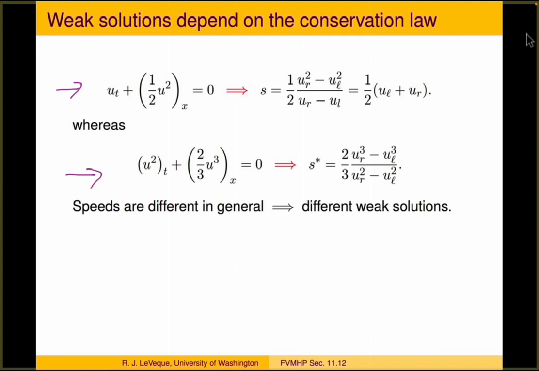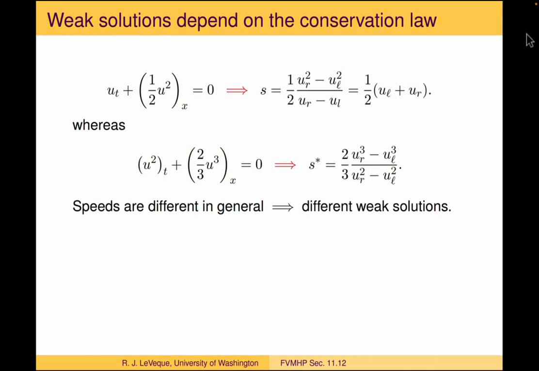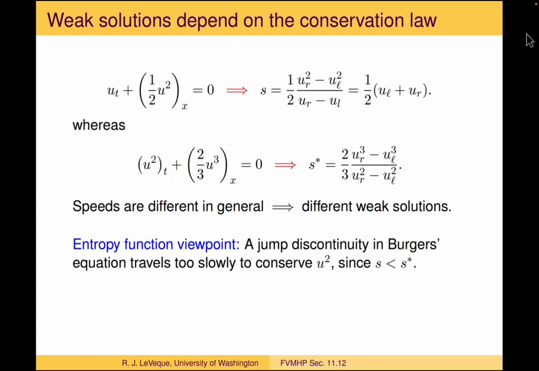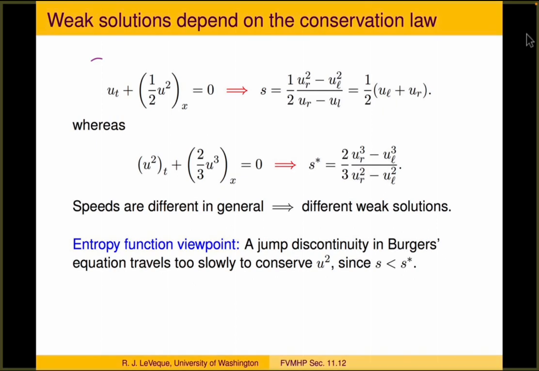So we use that as an example of why the quasi-linear form wasn't dependable if we're trying to compute shock waves. But now we can take a different viewpoint. We can look at it from the standpoint of entropy functions. We can say that what we're really solving is this top conservation law, but we've defined an entropy u squared and an entropy flux 2/3 u cubed, and we know that that entropy pair is also conserved where solutions are smooth, but in the case of shock waves, that entropy is not going to be behaving the same way as